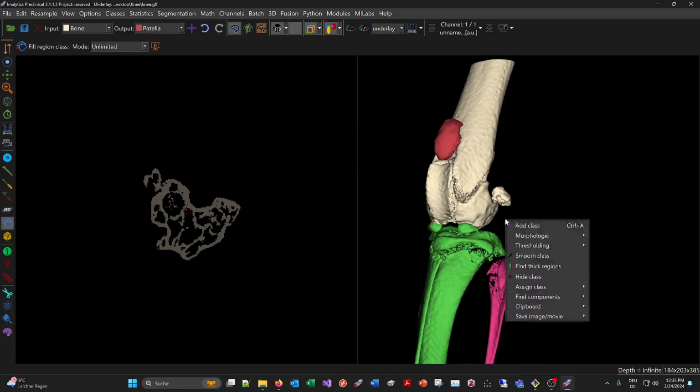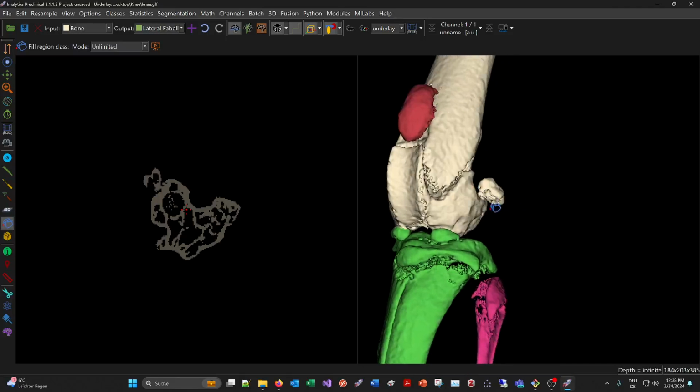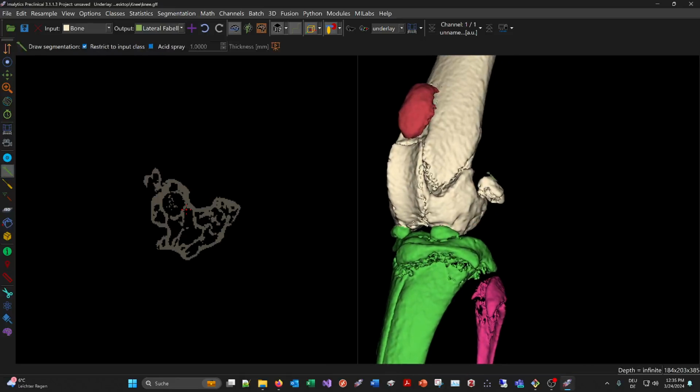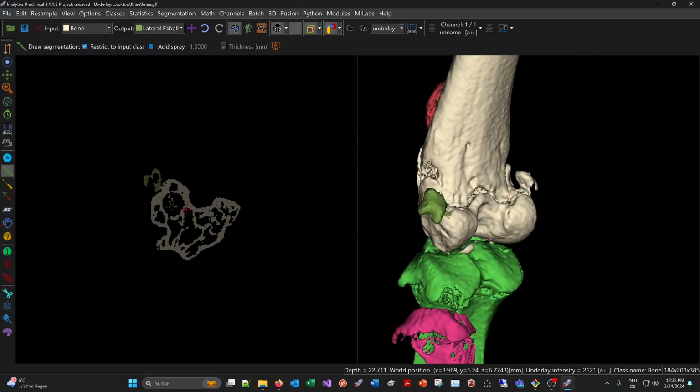And we can give them names like lateral fabella. It's lateral because here the fibula is lateral, so more on the outside. So I'm calling this lateral fabella, and I'll grab it like this here. And now this guy is the medial fabella,